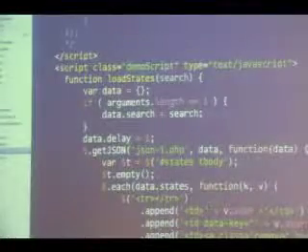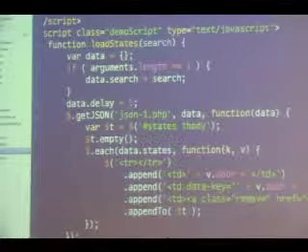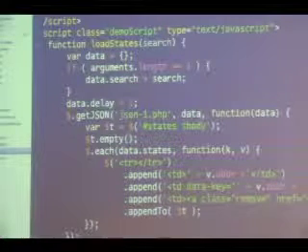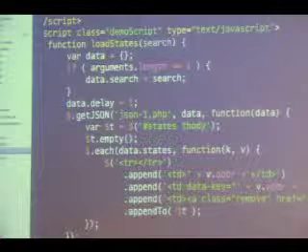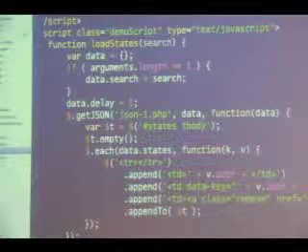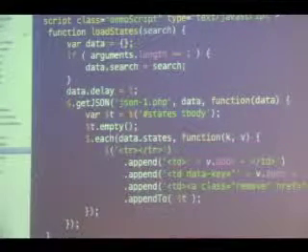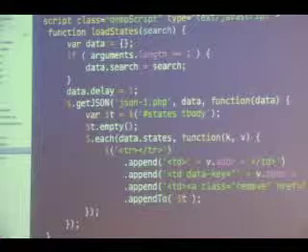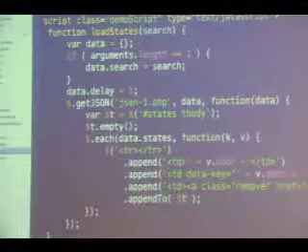First I declared a function, and you could wrap this entire block into an anonymous self-executing function. I typically don't explain that concept in my presentation, and so I didn't do it here because that would be a rabbit hole. But it is a best practice, so do that. I created a function called load states here. I'm optionally accepting an argument called search that you could then pass in to filter the results. Search just gets passed back to the server itself.